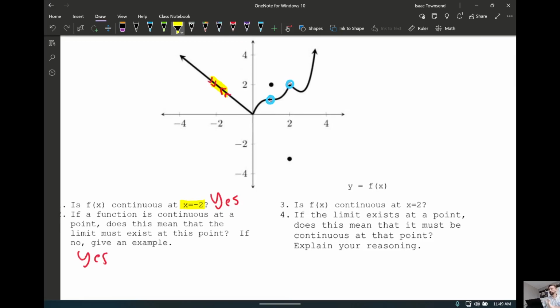Okay, but then question 3, is it continuous at x equals 2? I think that's a little bit easier to see that would be no. There's a hole right here. So even though that point exists way down here, there's still a break in the graph. Now, to compare this to question 2, in question 2, I'm telling you that the limit has to exist for it to be continuous. In question 4,